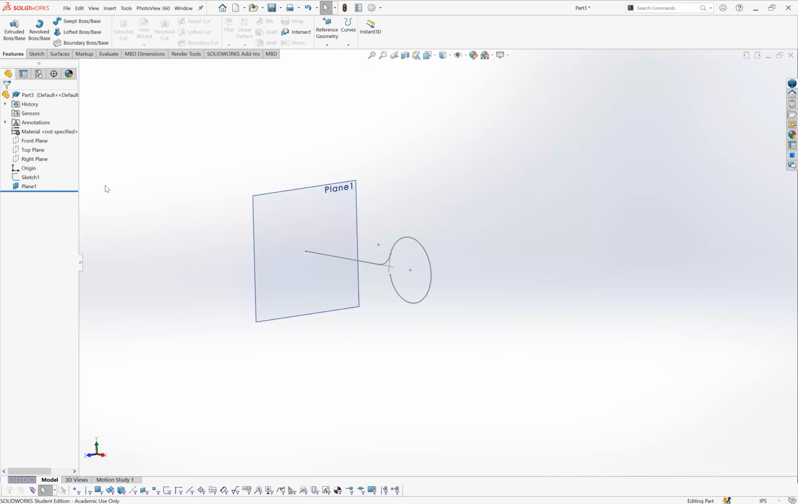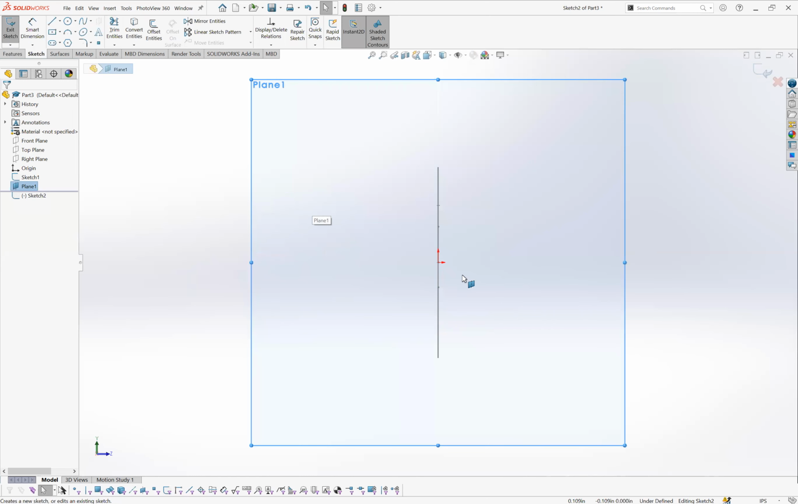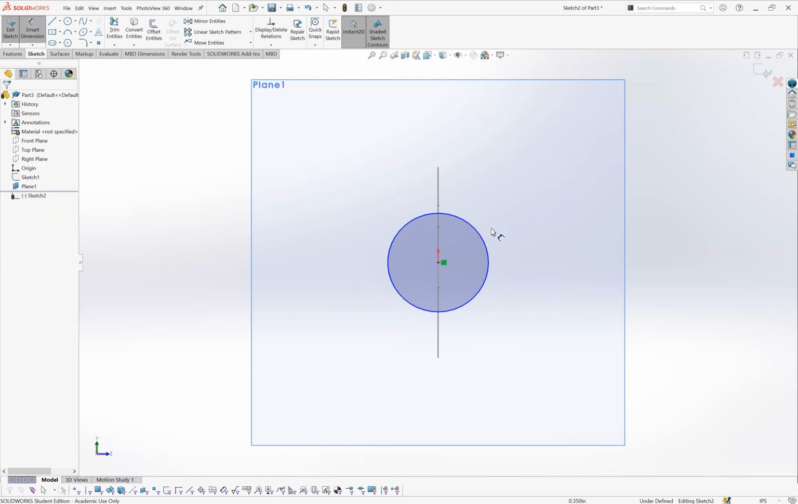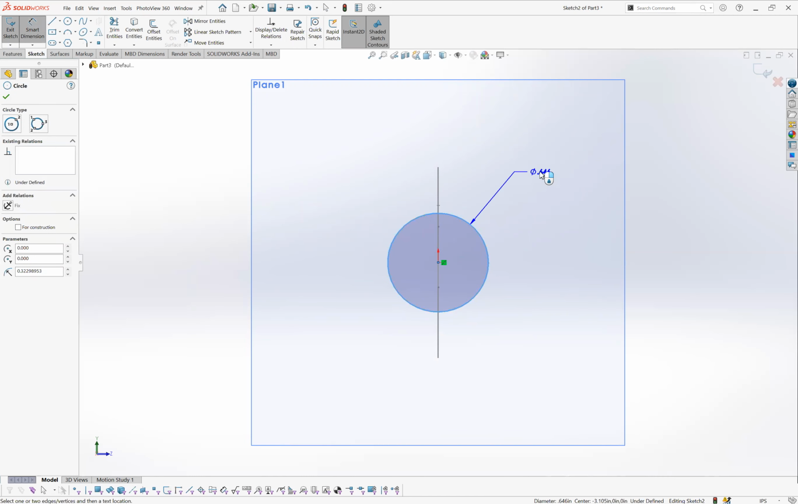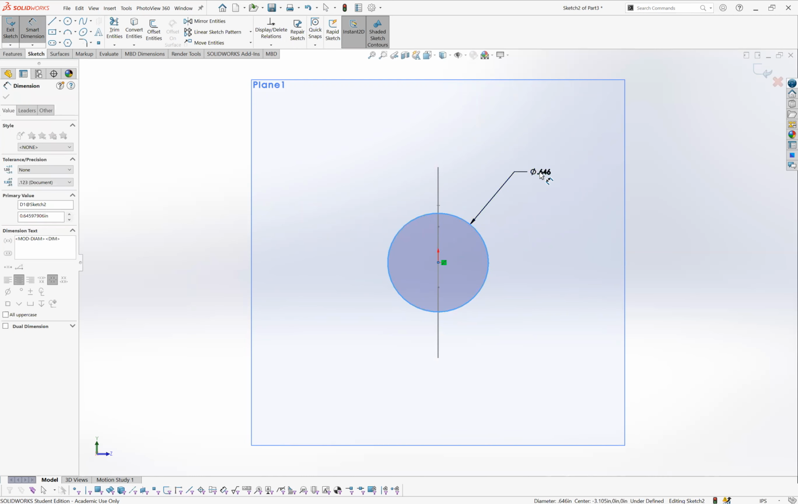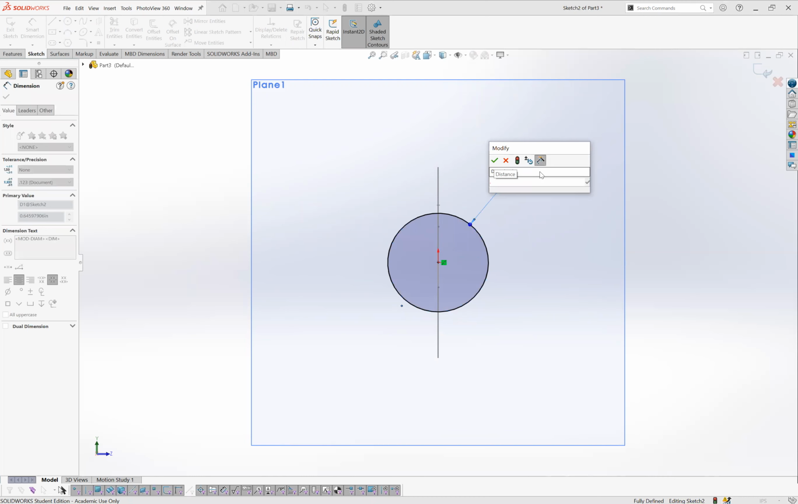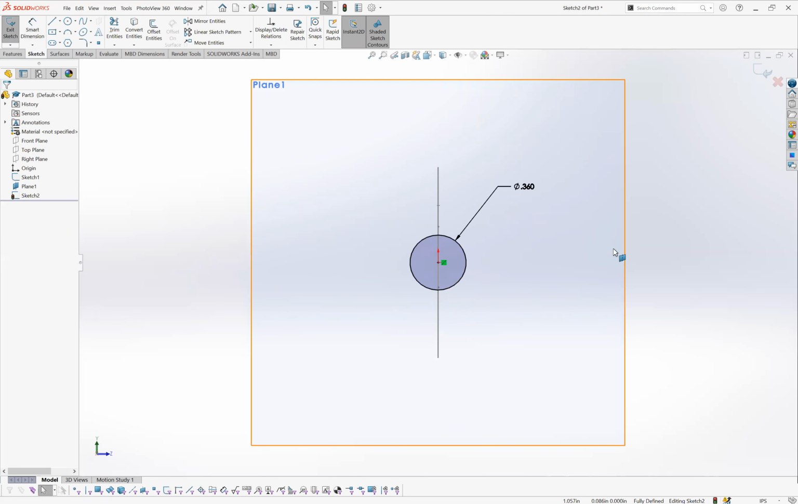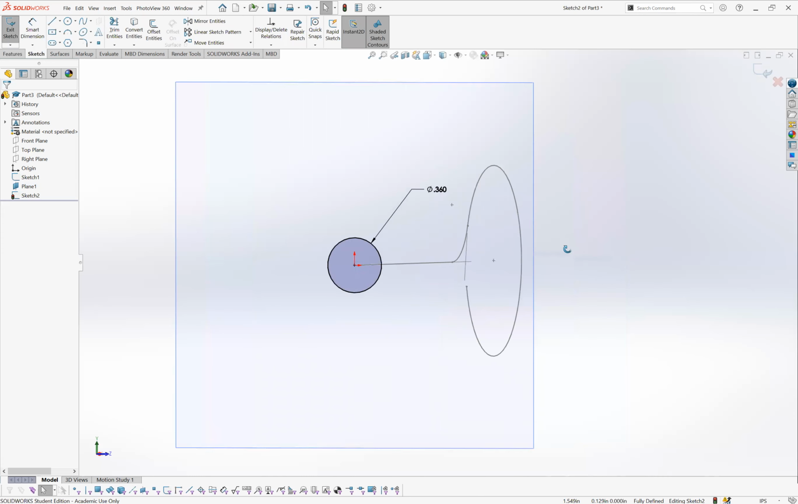All right, step 3 is to create a sweep profile. So click your new plane, hit sketch, Control 8 to make this normal. I'm going to do a center circle. The center point is the origin, and draw any size. Then go to Smart Dimension. And the diameter is going to be 0.36, enter. Escape to exit out of that command. And you can see